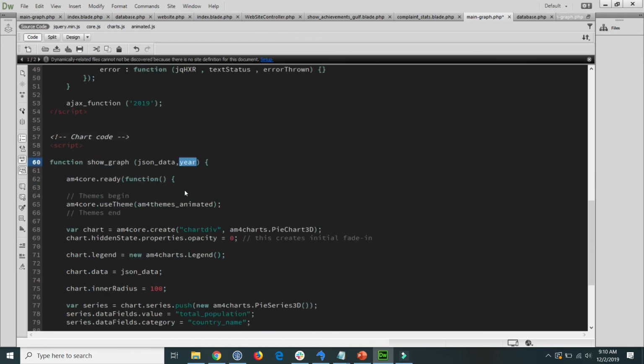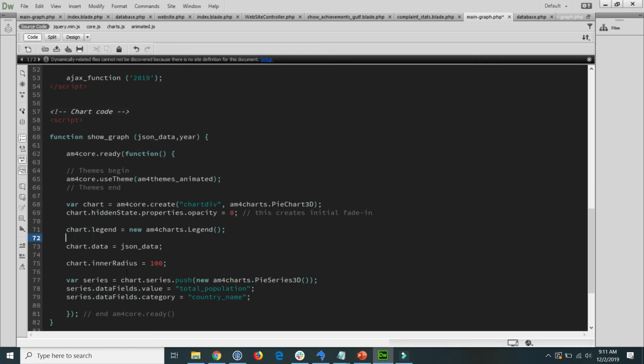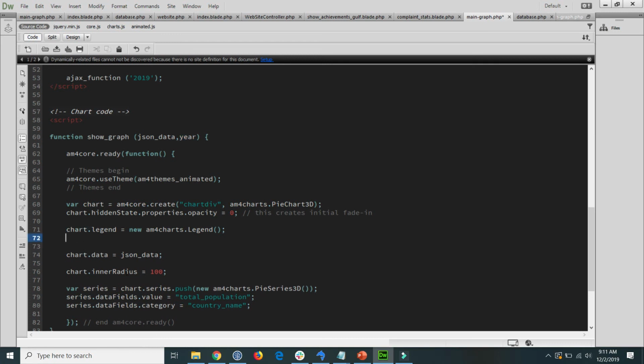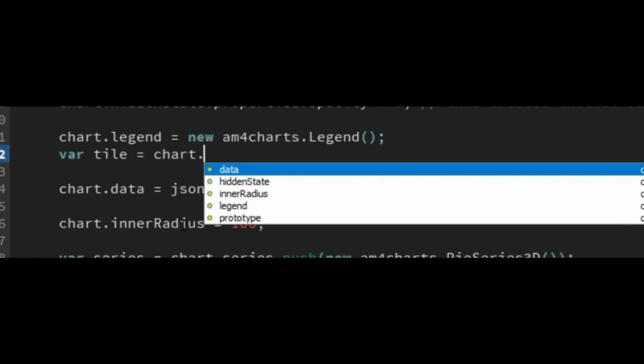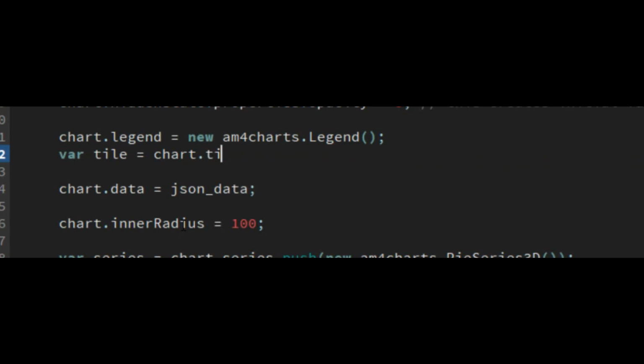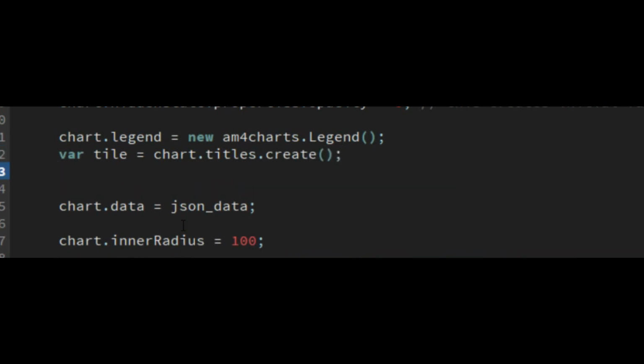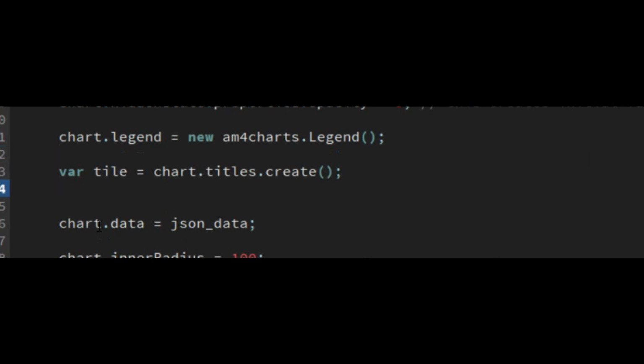And here, after the legend, add the title of the graph with a variable called title, and the title is chart.titles.create function, and the title text is,